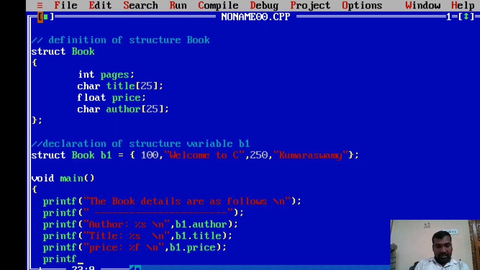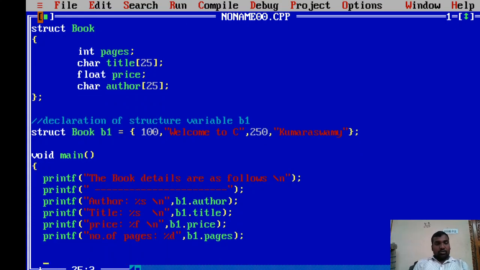Then printf pages, number of pages, with a percentage format, and b1.pages.